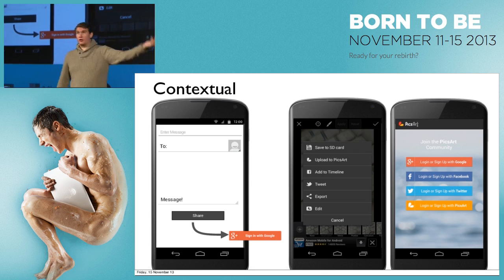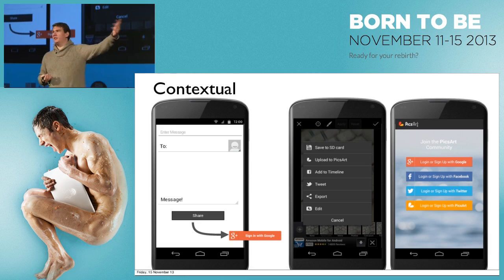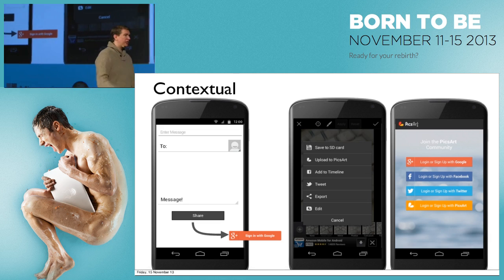PixArt, if you haven't tried it, is an image manipulation app. Take a photo, apply filters and stickers and all that kind of thing, and then you could, say, upload it to PixArt, or you could maybe go in to try and buy a sticker pack or whatever. When you take those actions which clearly require the app to know who you are, then it asks you to sign in. And this is a nice experience for the user. They're being asked within context, and so you don't have to explain to them why they should be doing this.